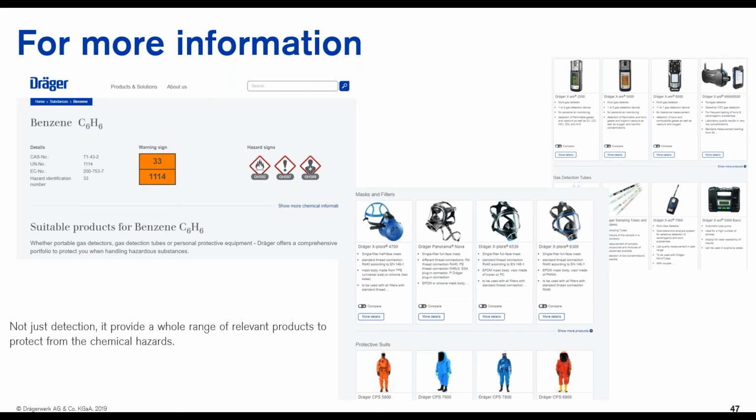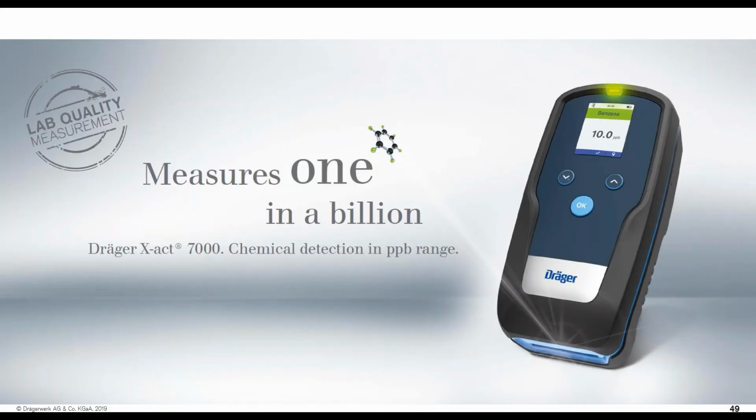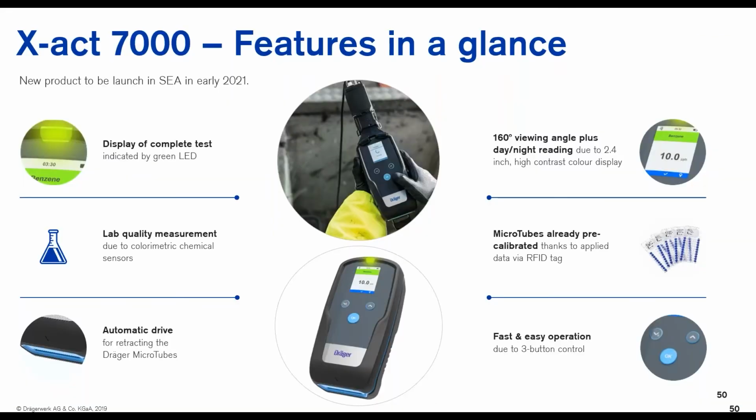Before we go into the quiz itself, I just want to share there's a new product that we're going to launch very early next year. So we have this SF7000 that we're going to launch early next year. So what is SF7000? SF7000 is actually our gas analyzer. It's designed to measure very low concentration. So this is actually the product itself. I just want to share the features at a glance, just a brief understanding of the product itself.